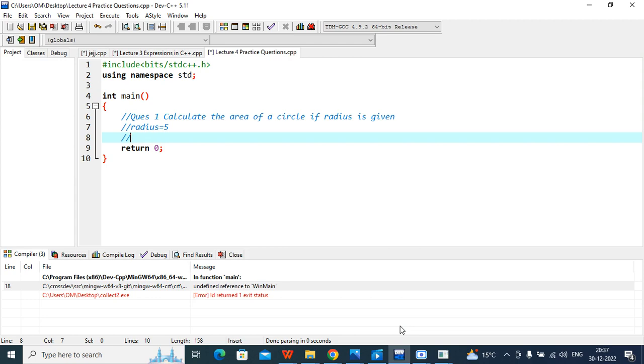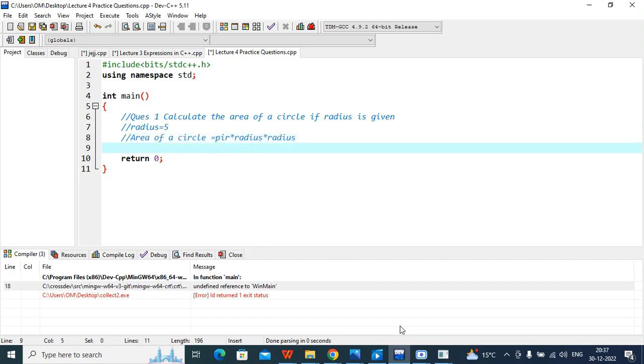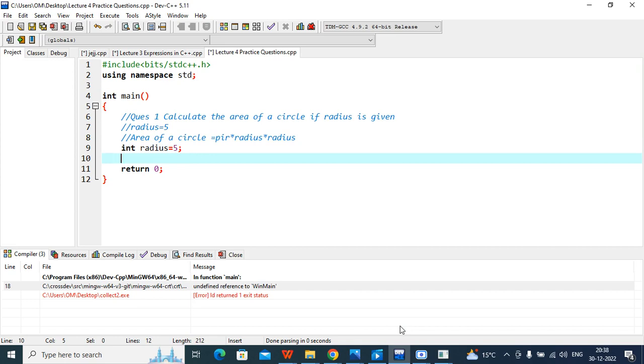This thing is already covered in the last 3 lectures. Okay. So can you recall what is the formula for calculating area of a circle? It's pi into radius into radius. Now can you calculate? Okay. Solve with me on your copy and with a pen. Suppose I have given you radius equals to 5. Then area will be